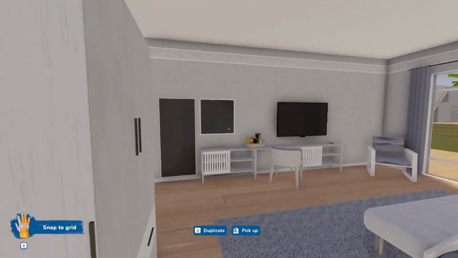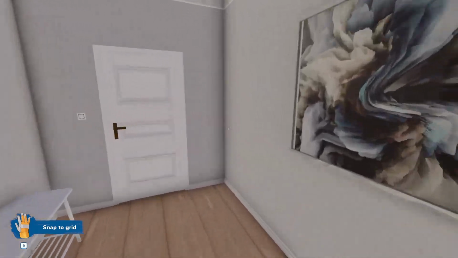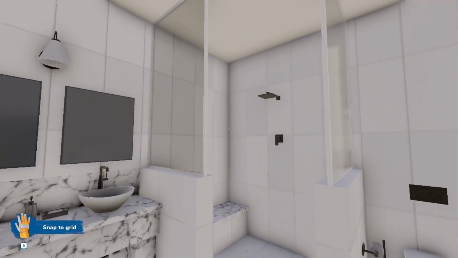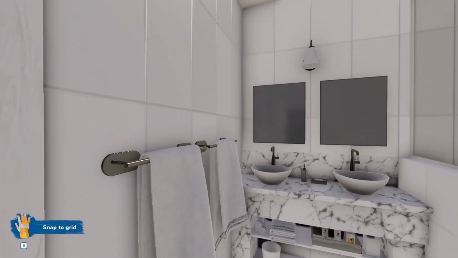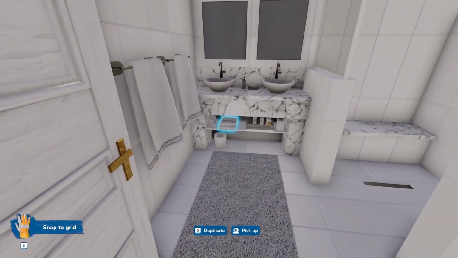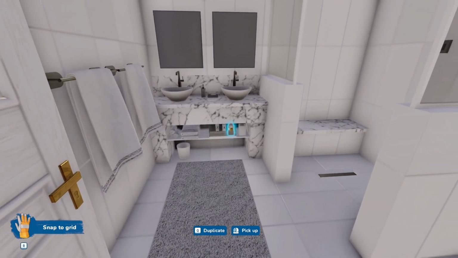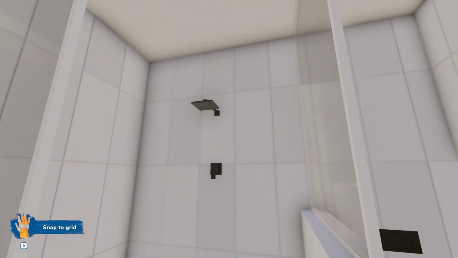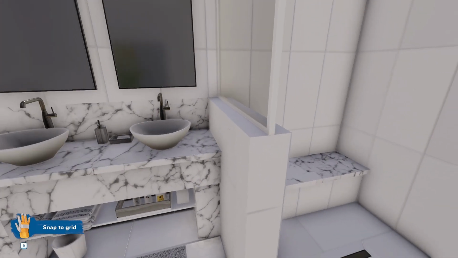I think that's a nice hotel room. Again, mirrors, double towels, more towels, basket of all the lotions and potions you should possibly want, your shower with a little seat,